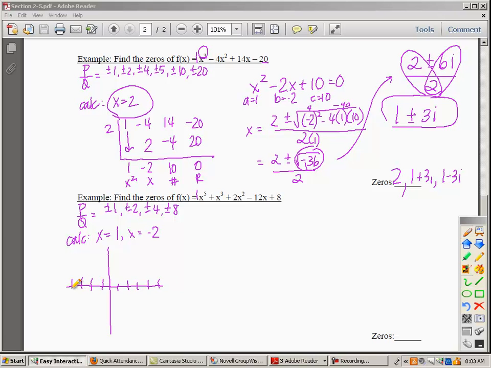And I don't know the exact picture, but I want to give you this kind of idea. At -2, it goes through, and somehow it comes up. And at 1, what'll end up happening is it'll touch at 1 and leave. According to our idea of multiplicities, if it goes through, this just happens once. But if it touches and leaves, this happens an even amount of times, and we're going to assume twice unless